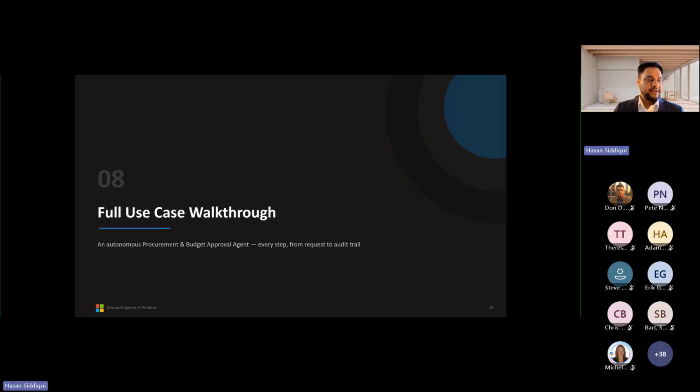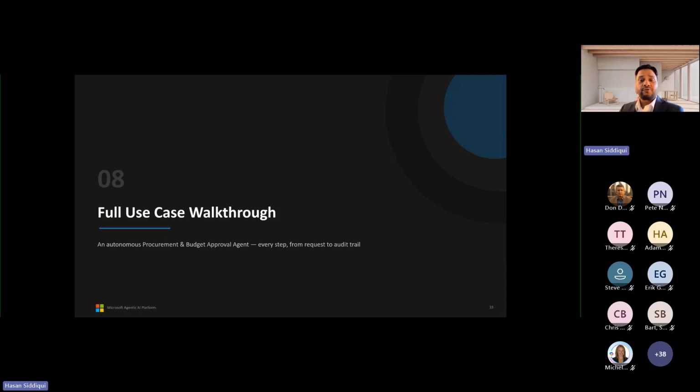So I have less time, so I'll go for the full use case. I'll take one AI scenario, end-to-end AI automation related to procurement and budget approval agent, for any business case like banking, manufacturing, and utilities, or anywhere we can use this model.